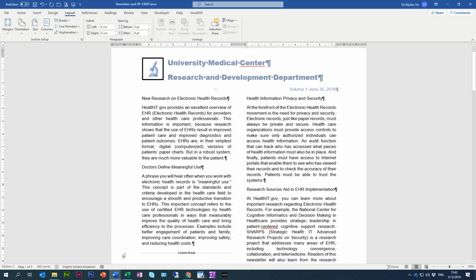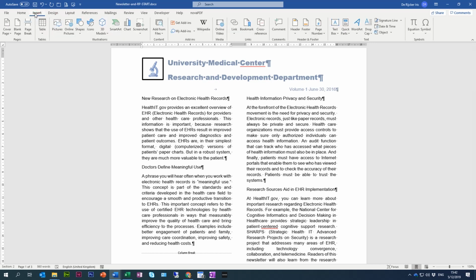click at the end of the paragraph below New Research in Electronic Health Records. So the end of the paragraph below, this is the paragraph below, this is the end, and insert a screenshot of the website. Insert, screenshot, and there we can see all available windows, or we can use screen clipping to take a screenshot from the last screen we had open before this one. But we can just select this screenshot,